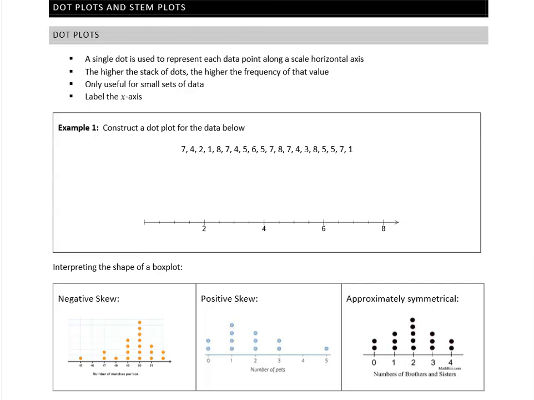Hi everyone, in this section we're looking at two further graphs that we use for our numerical data. The first one that we're looking at is a dot plot. Dot plots are really useful for small sets of data. They end up looking a lot like a histogram in terms of being able to identify those features and look at shape. But instead of having columns of frequencies, we're using a dot to represent each frequency or each occurrence